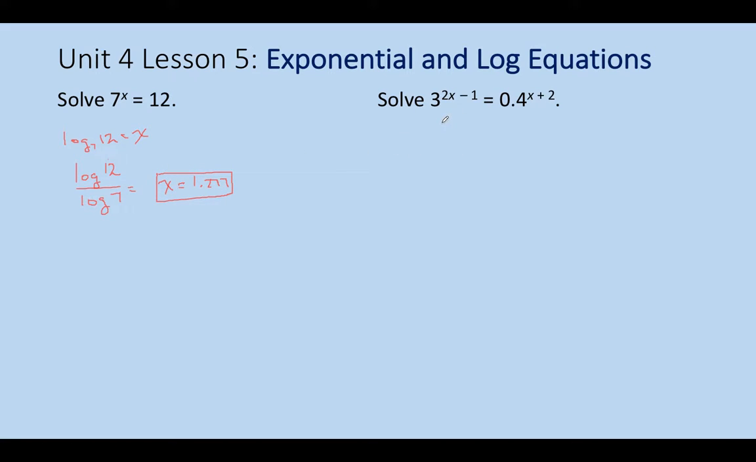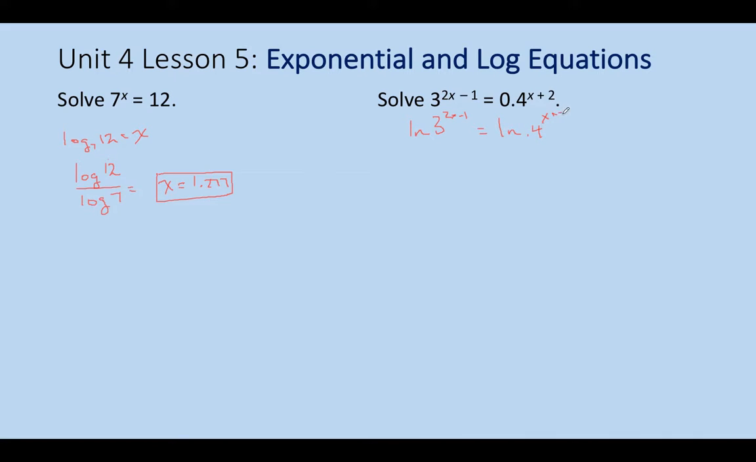So this one is a nice little easy start. This one appears to not be all that much different than some of the other ones. But if I could make this 3 to the x plus 2, that would be super easy. These just cancel out. But no, that's just not the case. So here's how we're going to start this off. We're going to just take the natural log of both sides. So we say the natural log of 3 to the 2x minus 1 equals the natural log of 0.4 to